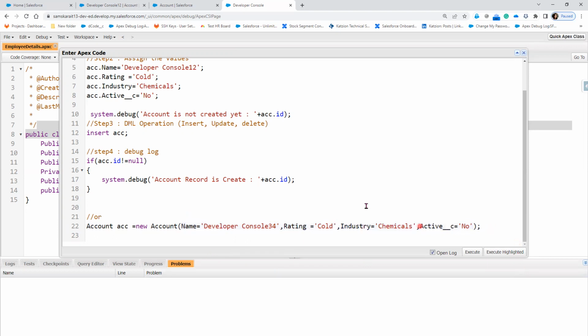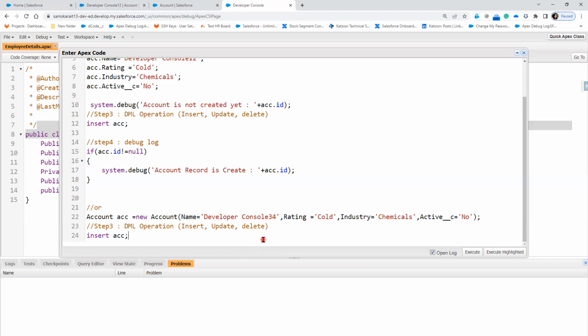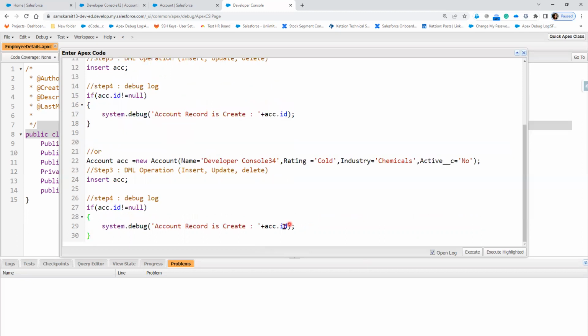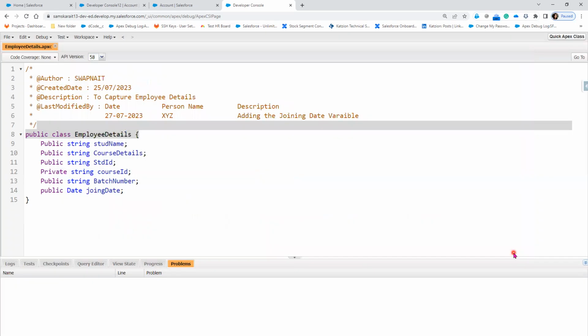Now we can have step 3, which is insert ACC. Once you are done with insert ACC, then step 4, if you want to print the details, we can print it. Now instead of the ID, you want to print the complete account information. You can say here ACC. Now if I execute this logic, execute the highlighted one,